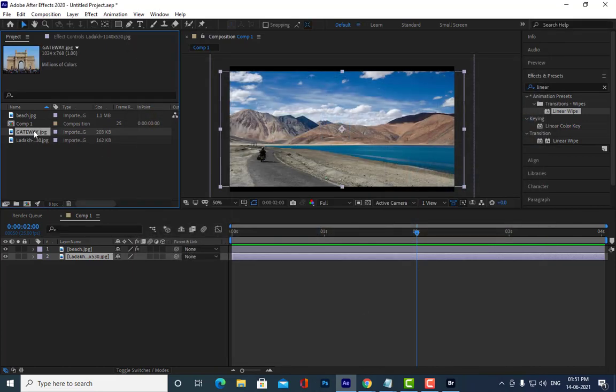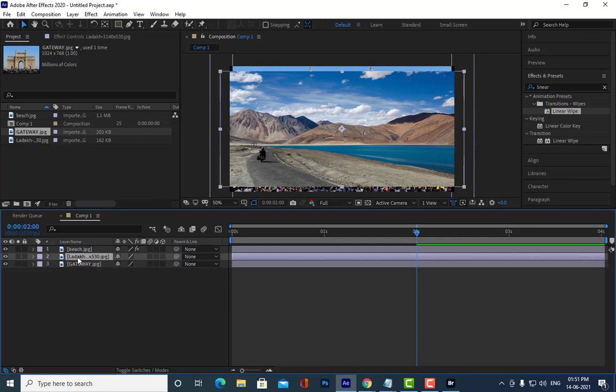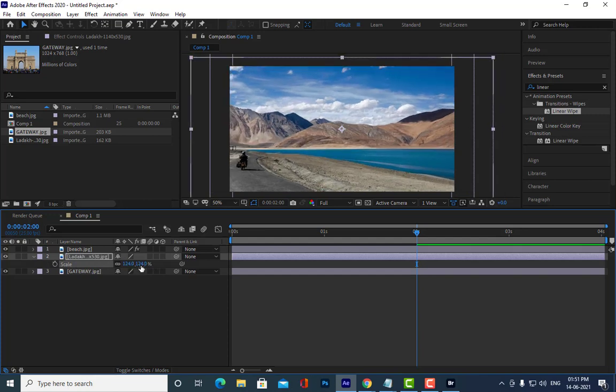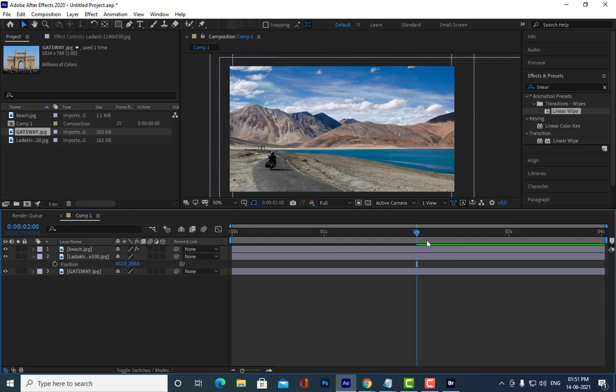So I have taken a third image and I will simply drag it here, and let me increase the size. See, I want the second image to be visible till the third second, and then from the third second it should disappear. Is it clear, all of you?